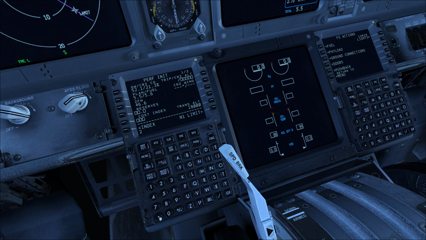Our reserves, 2.2. Cost index, we're going to climb on 0, and we're going to cruise on 28. So a little trick that pilots use is to put the cost index in as 0 on the performance initialization page, go to the climb page and put in your climb speed,